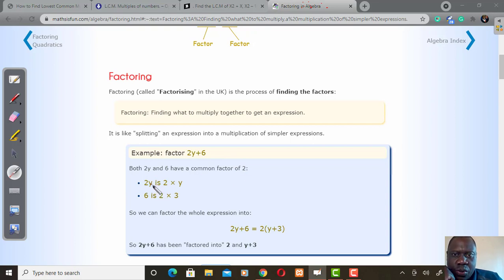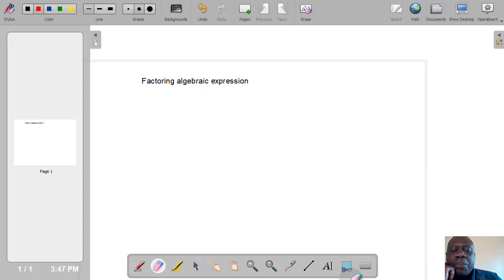What we mean by that is that 2y is simply 2 multiplied by y. 6 is simply 2 multiplied by 3. So we can factor the whole expression by 2. 2y plus 6 is the same thing as 2 multiplied by y plus 3 in a bracket. So 2y plus 6 has been factored into 2 and y plus 3. I hope that comes out clear, because we're simply saying if we are looking to factor a certain sum,